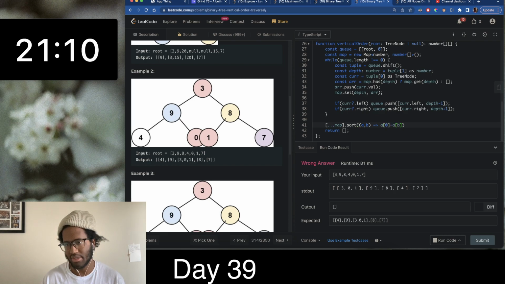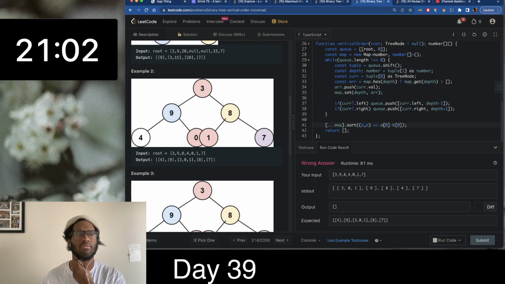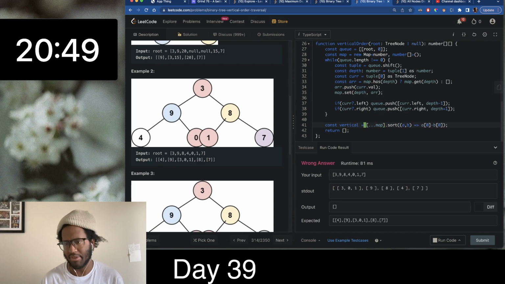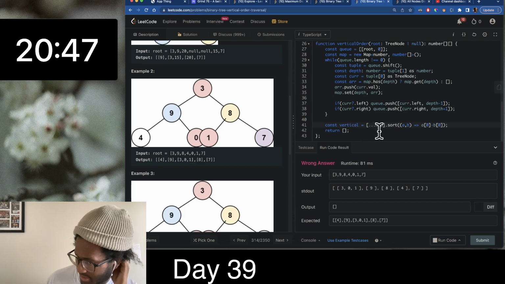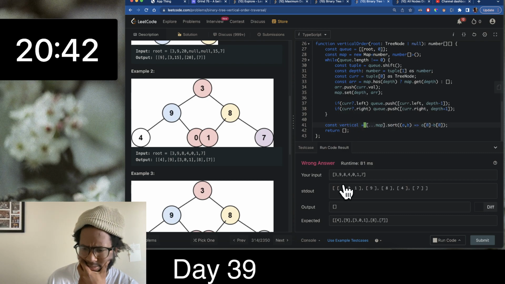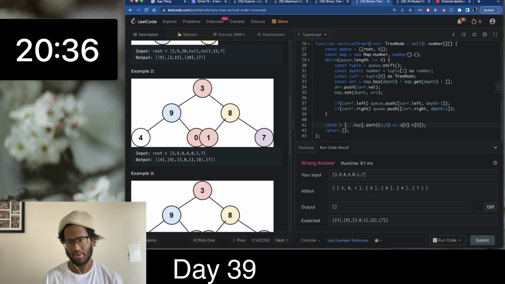A sub 0 is less than b sub 0. So we'd have the map, we'd sort it by the keys. Since we're sorting it by the keys, have it in ascending order, sorted, so we can actually print